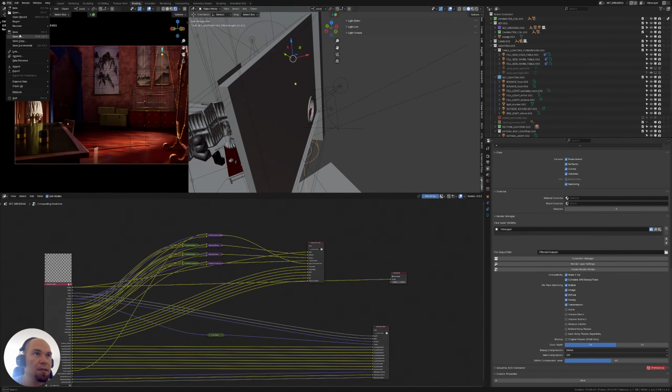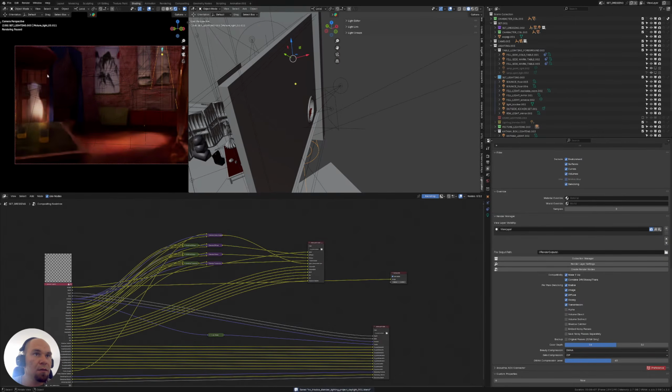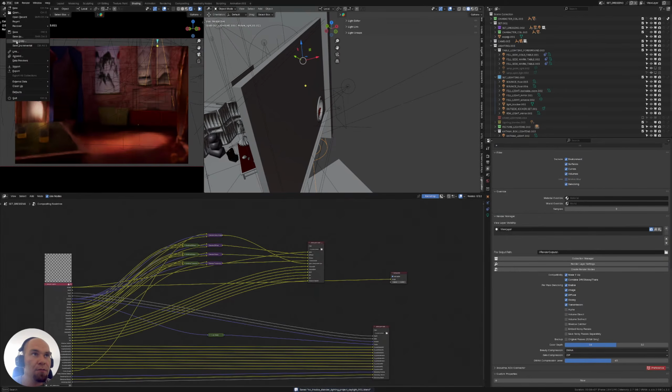So yeah, I would say this is a good time to stop with our scene for the daytime, and I'm just going to do a save as, and I'm going to override my nighttime. So you might be able to see it in the top corner, but now it's changed, and now it's called nighttime,